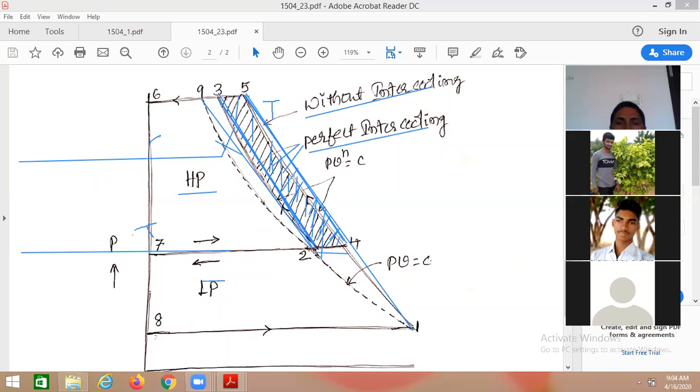That also is rearranged and written like this: P2 by P1 equal to P3 by P2. What do you mean by this? This is the pressure ratio obtained in the first stage of compression, and this is the pressure ratio obtained in the second stage. What do you mean by that? While expecting the minimum work, the pressure ratio obtained from each stage of compression must be the same. That is our conclusion. The pressure ratio for every stage of compression must be the same while expecting the minimum work for the compression. That is the condition that must be known.